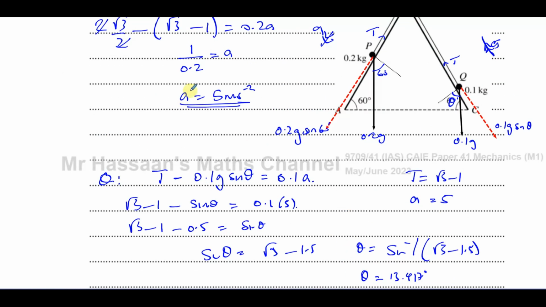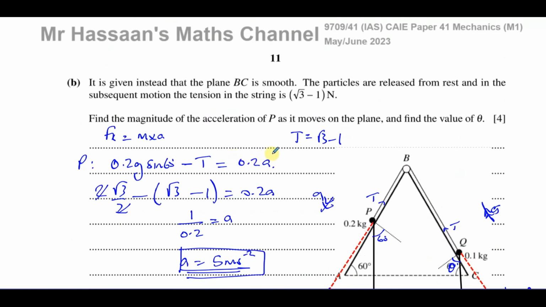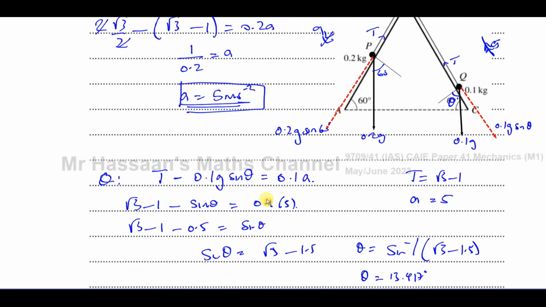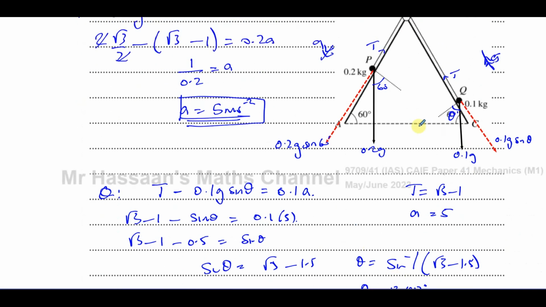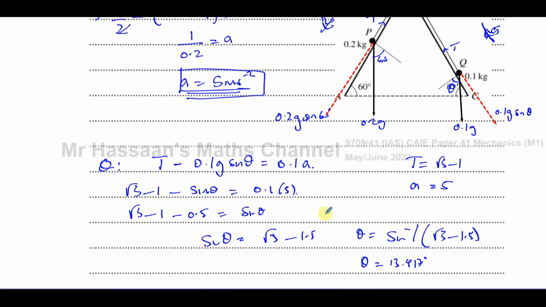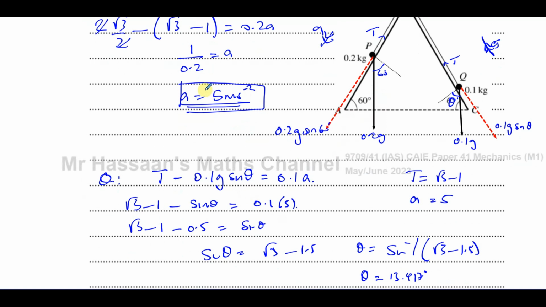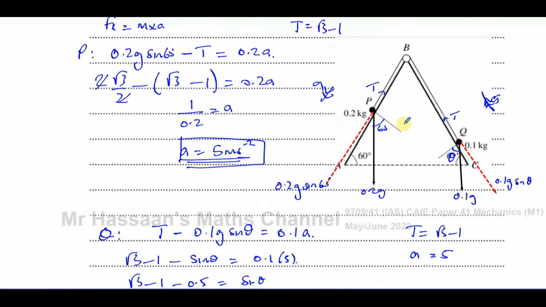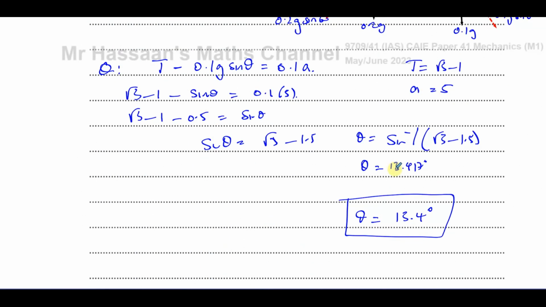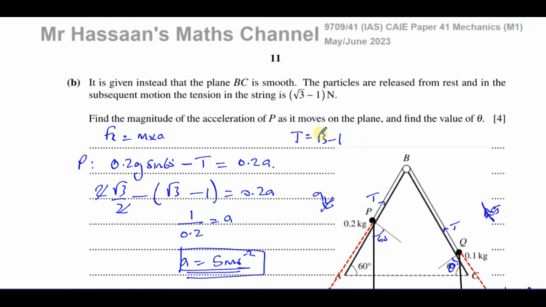Okay, those are the answers to this question. The acceleration of P is 5 meters per second squared, and the angle theta is 13.4 degrees. We use the fact here that the acceleration of both particles is the same, by putting A as 5 here, because they're connected by a light inextensible string. So there's the answer to part B of this question, and that completes this question from the